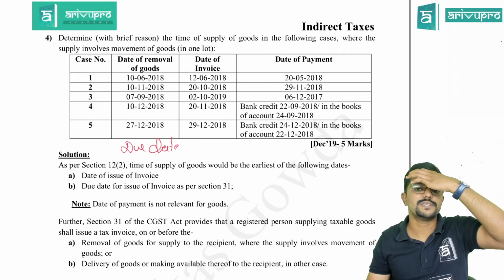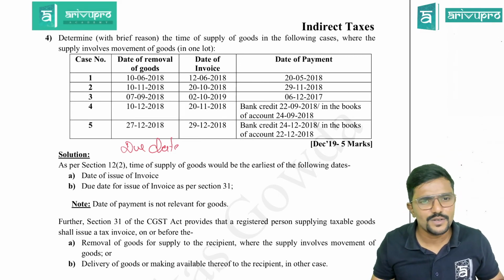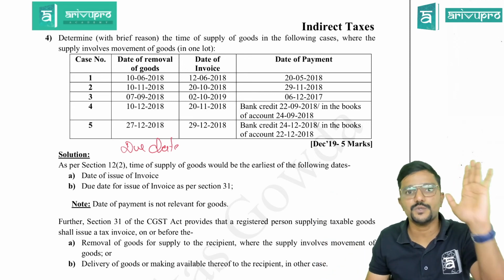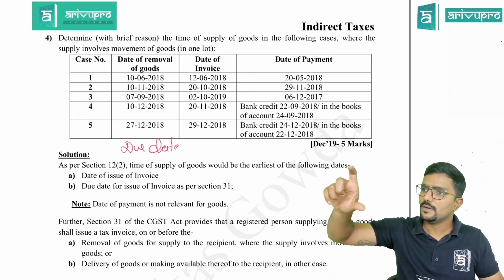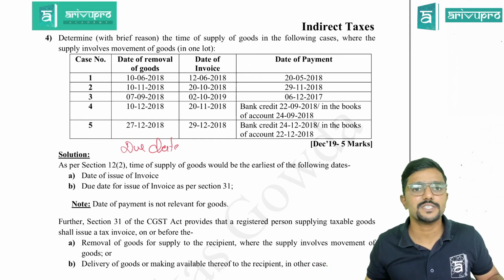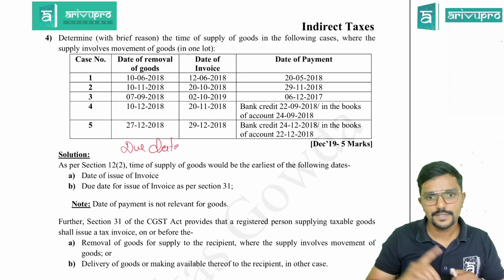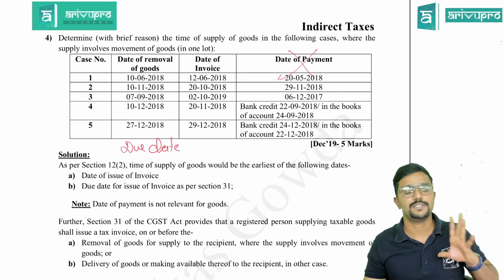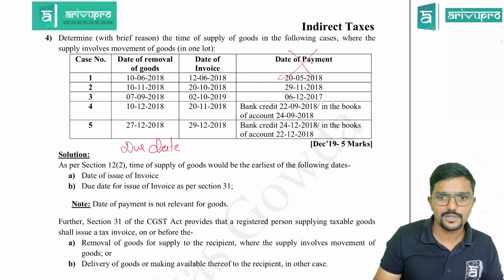Actual date of invoice is given. Then date of payment is given. Is it important? No. And whenever they have not mentioned forward charge or reverse charge, it is always understood that it is forward charge, guys. So please be very careful. Only when they give reverse charge is applicable, calculate the time of supply as per section 12(3), or else always forward charge. Clear? So date of payment is given, which is not relevant at all for us because it has been removed by way of notification. Let us start the solution.